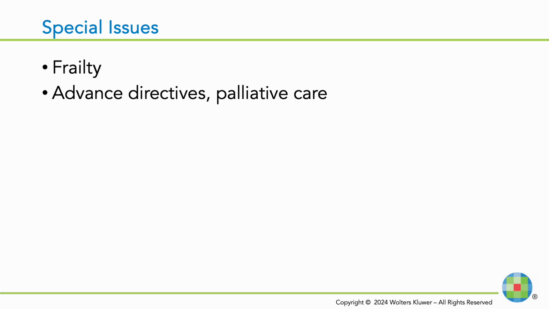Other issues in the elderly. Frailty is very common. Be aware of their advanced directives, their thoughts on palliative care. Do they have a durable power of attorney? Do they have a healthcare proxy? If they do, have a copy of this. Know who to contact. There is nothing more frustrating than a family who cannot agree on what to happen with their loved one.